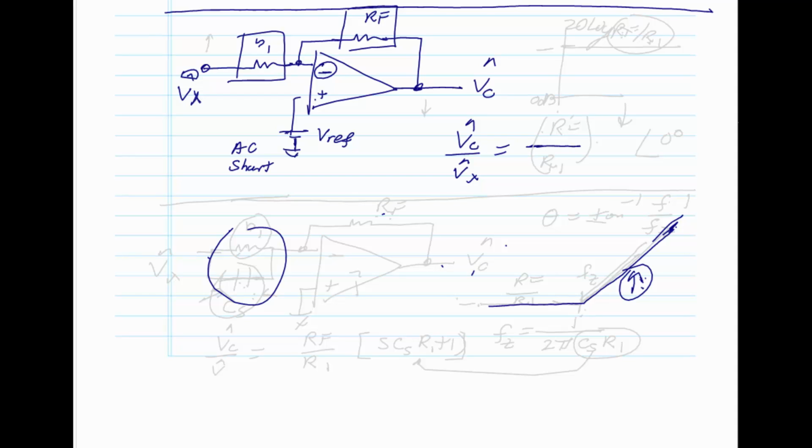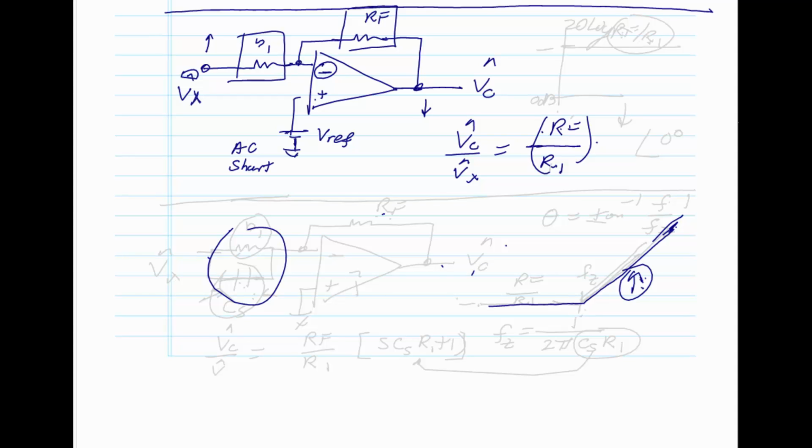We know it's an inverting input. The input goes up, the output goes down. It's inverting, understood. So this is just RF over R1, and that's the transfer function, and it's a constant. You've got 20 log, it's going to be a straight line. If RF is 10 times bigger than R1, we have a gain of 10, 20 log of 10, 20